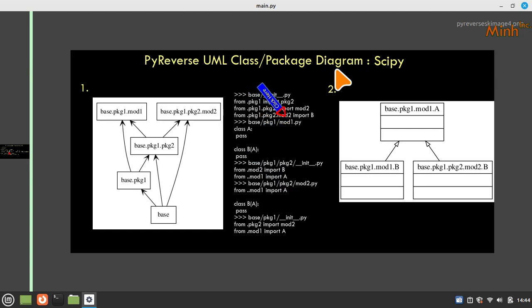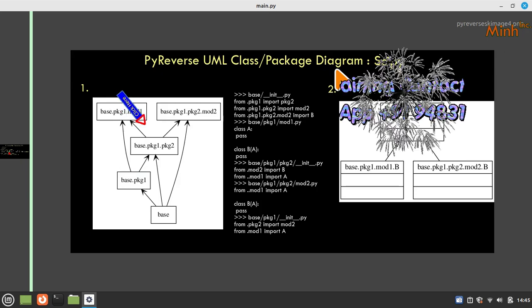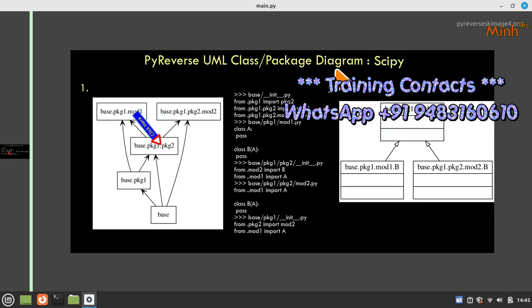So this is the code I have written, and if I draw the diagram, the package diagram would be like this. Base is a kind of base package, a super package. It contains package 1, and this relationship is a dependency relationship. So base is dependent upon package 1, package 2, package 1 and package. So if you see the code of the base init,